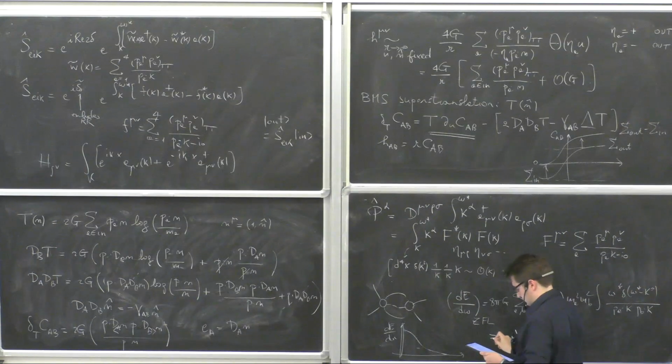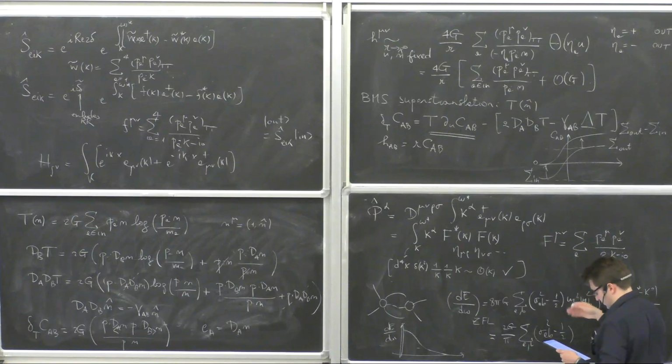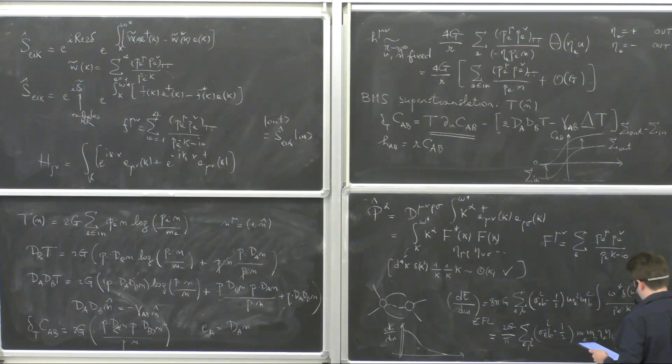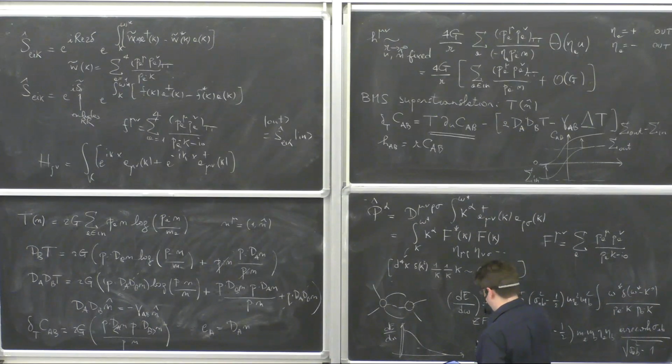And the result was 2g over pi, the sum, where the sigma b's are just Lorentz products between the PA and PB over which we are summing, arc cosh sigma b divided by square root. Okay, I wanted to rewrite this formula because now we are ready to reap some of the bounties of having